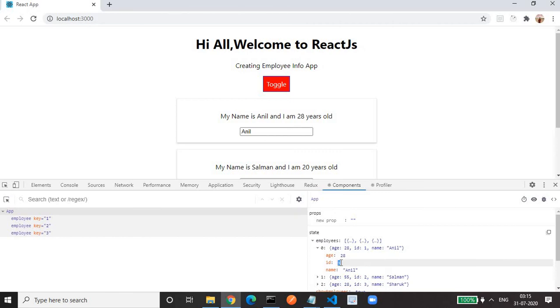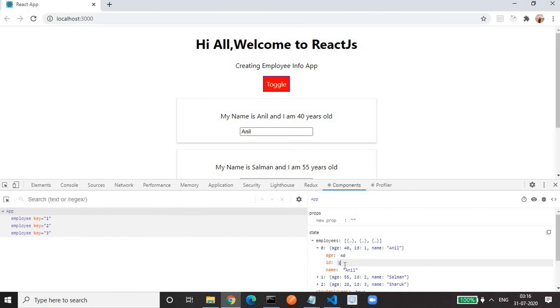So basically here we can see the state. We can see the props. We can play with the state and props, and our UI gets updated automatically on the basis of that. Okay, and we can debug our application also. Now I will change. See, initially it is 28 years. I will change this 28 to 40 years, and I will come outside. 40 years. It gets updated. That is how the UI gets updated. So in this way we can play with the state also.